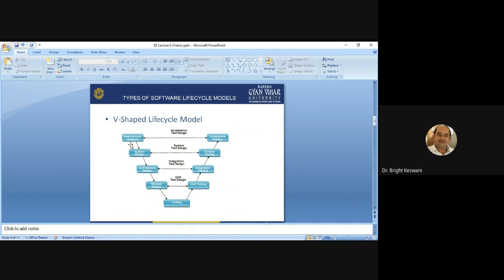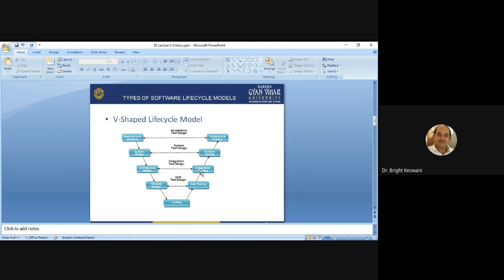You can see here several phases like requirement analysis, system designing, architectural designing, module designing. Then we will conduct the coding part. After the coding, we will test each and every module.